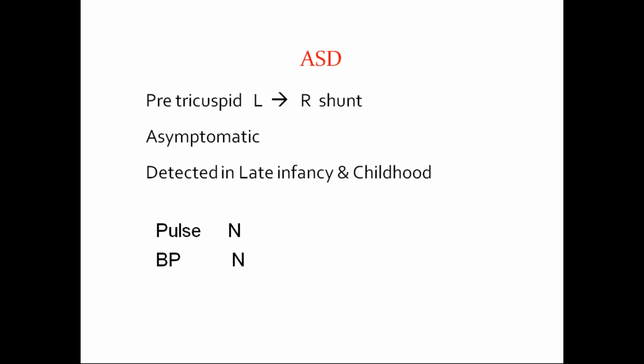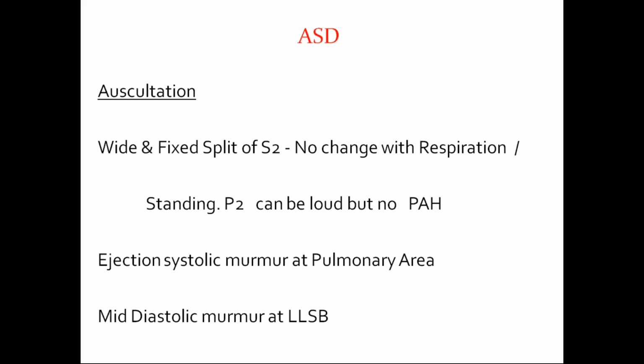And pulses will be normal on examination. You find that pulses are normal, blood pressure is normal, everything tends to be normal. But on auscultation you can find, this is classic, a wide and fixed split of S2. Lub dub, that is S1 and S2. And in the S2 itself there are two components, A2 and P2. A2 is because of the closure of the aortic valve, and P2 is produced by the closure of the pulmonary valve. Usually these two occur at almost the same time, producing only a single sound like S2. But what happens in